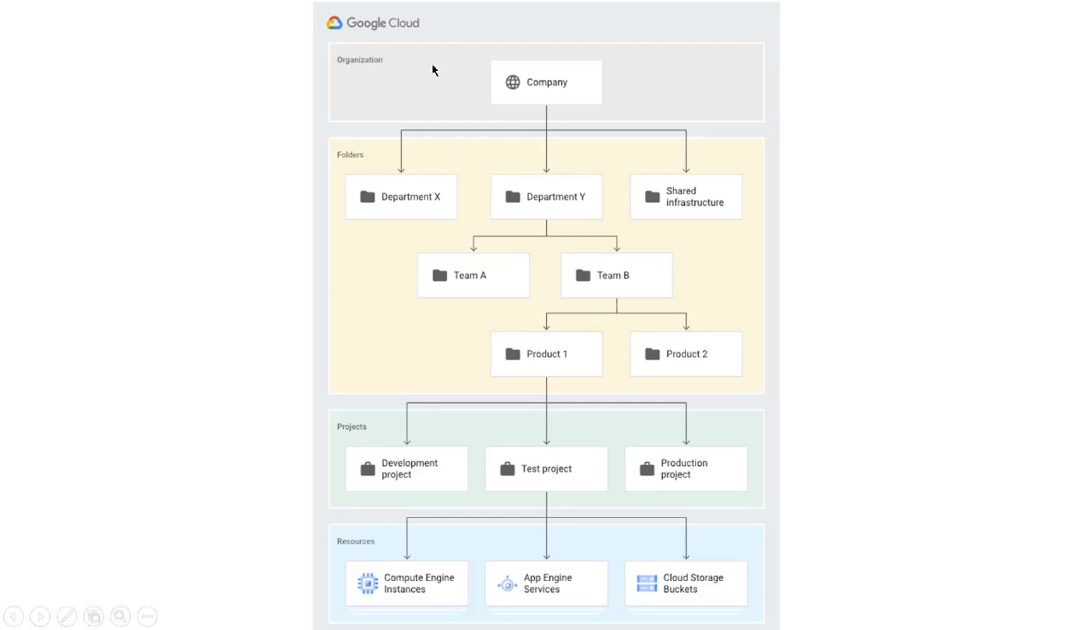At the organization level we have the company. This is the tenant for GCP. And in the folders, the suggestion from GCP is that you can organize the folders by department. Departments can have teams, teams can have products, and the products can have the projects. In the example, these projects have environments mentioned: development, test, and